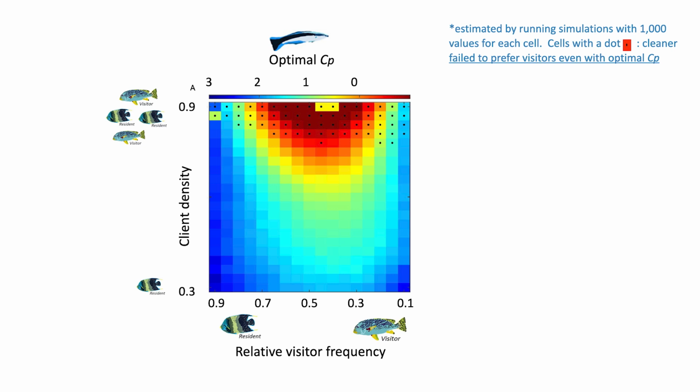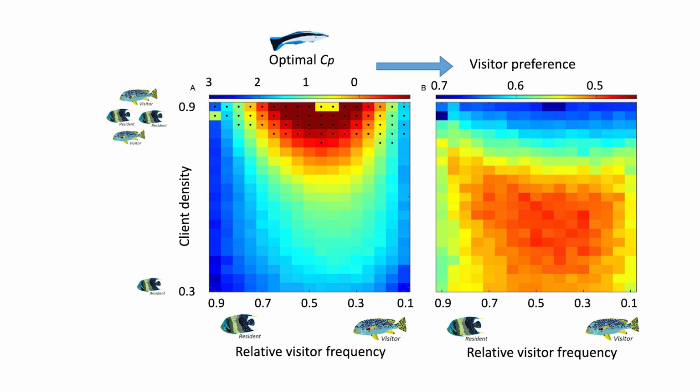But even if they get to the optimal one, with different client density and different relative frequency of visitors and residents, you can have different levels of optimal chunking parameter, like different thresholds for chunking. And as a result of this optimal chunking parameter, you get